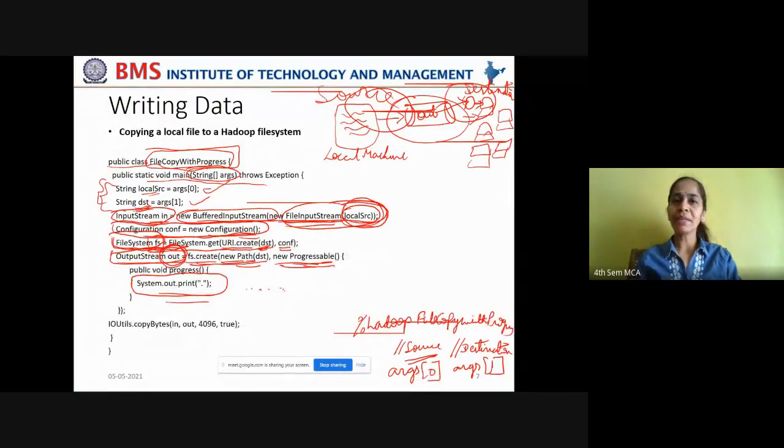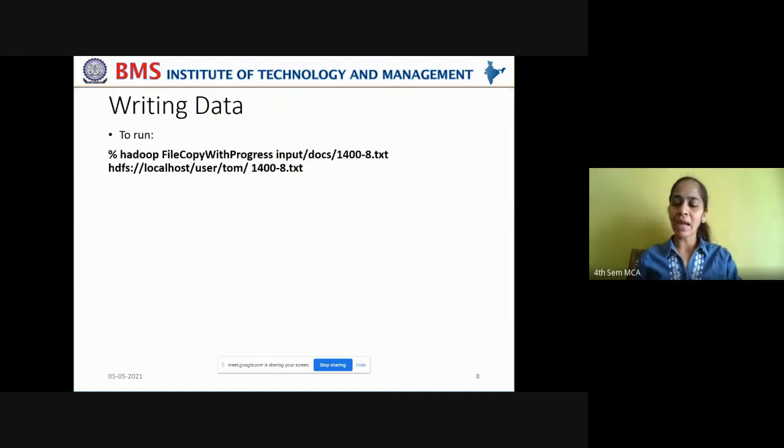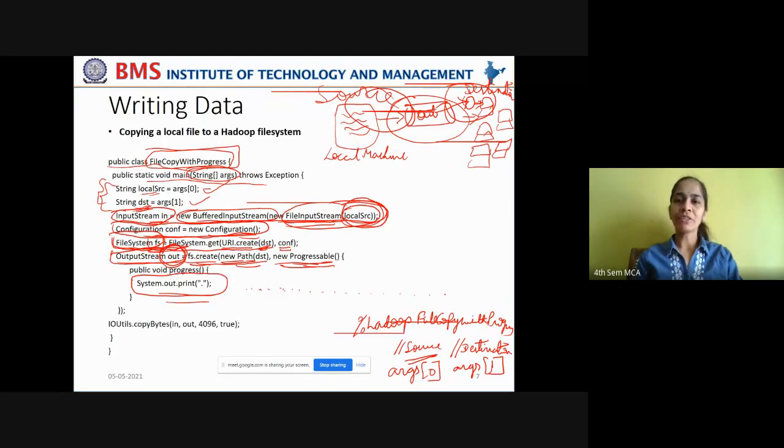If the dots have completed, yes, the writing task has been completed. But if the dots are being printed, it just indicates that the write task is still being performed. It is writing the data to the file on Hadoop file system. Okay, to indicate that we are using this. That is how you open the file, monitor the progress of write task to the file, and connect it to the output stream. Yes, now all the connections are made.